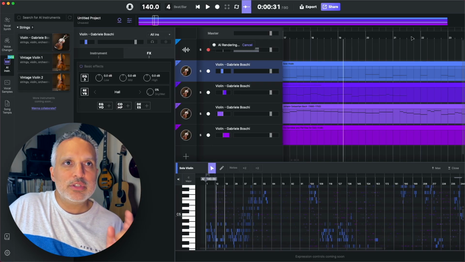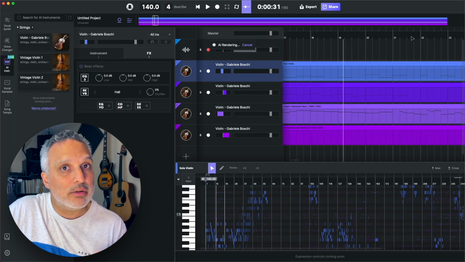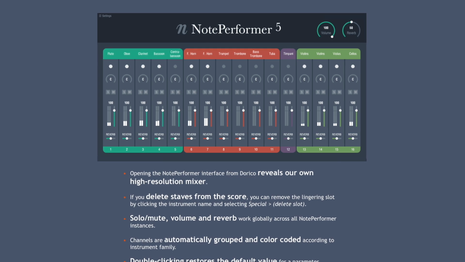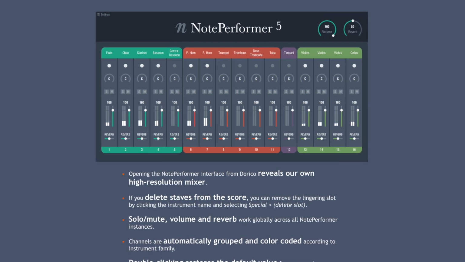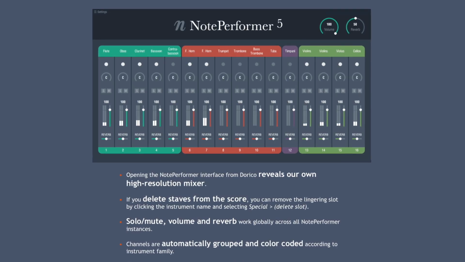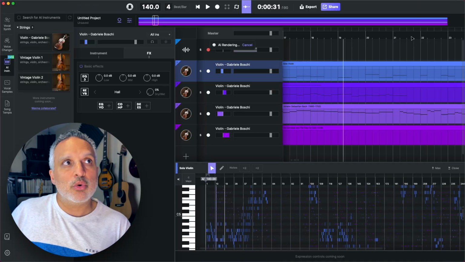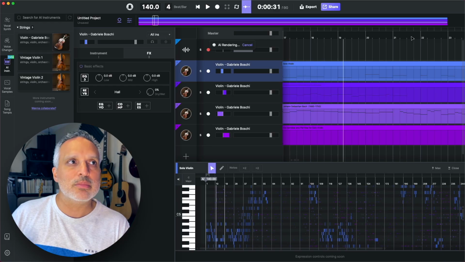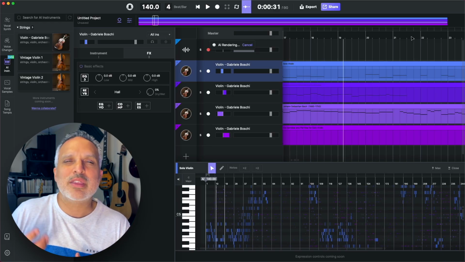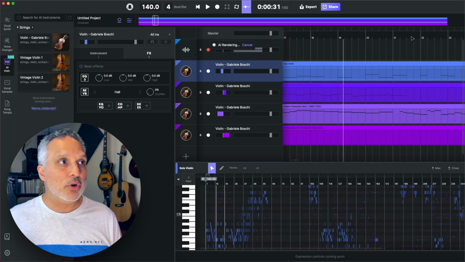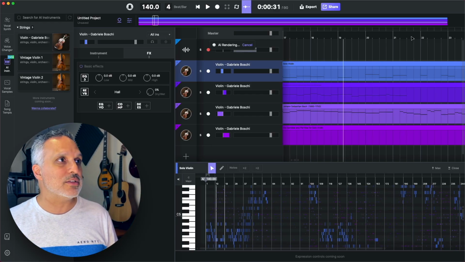Now, I would say the closest cousin to this technology that currently exists would be Note Performer. Note Performer is a special plugin developed by Wallander Instruments. I've done a separate video on it. I'll link it below. That sits inside a notation program and allows you to render an orchestral recording with a reasonable degree of realism with zero tweaking. And again, it uses a bunch of algorithms to ascertain the way that a player might interpret those notes on the page, much like this is doing. So overall, I would say this is quite a successful experiment.